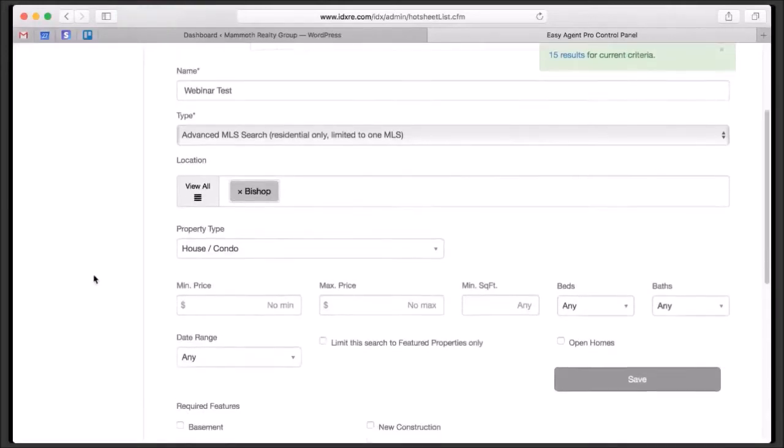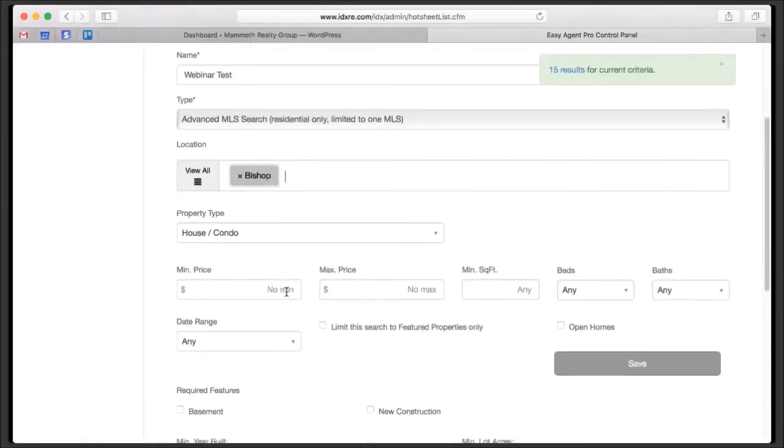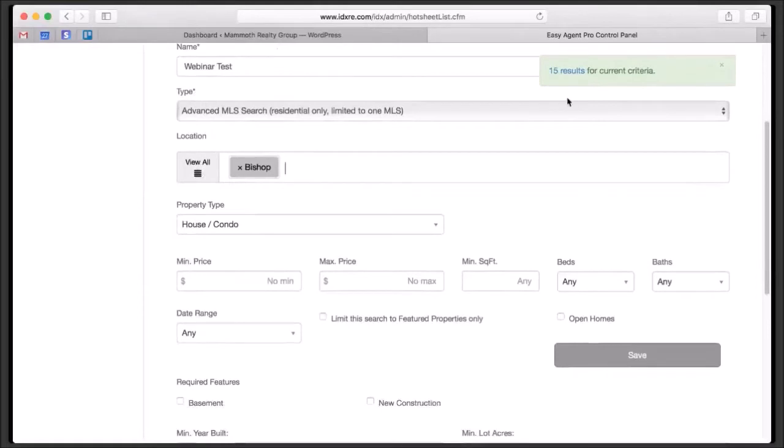Cool. So this is going to update live as we go through. Say we wanted to do Bishop properties, but we wanted to max out at, I don't know, 300,000. Does that cut down the search at all? Okay, no results for current criteria. Okay, so this is a little bit of a limited IDX